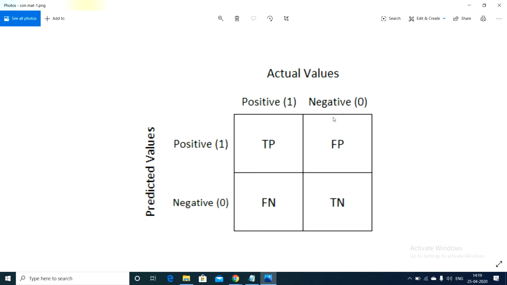There are four combinations. If there are two variables, we will be getting four possibilities, that is 2 power n, where n represents the number of variables. Here we are having two variables, right? So we will be getting 2 square, that is 4 possibilities. Now see here, T represents actual value. When the actual value is true and the predicted value is positive, that is called true positive. Then false positive, false negative and true negative. I think this is clear for you. This is the confusion matrix and how we draw it.